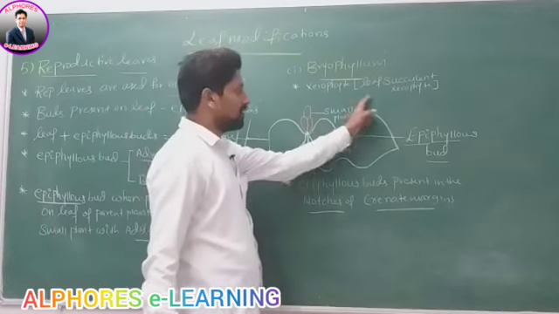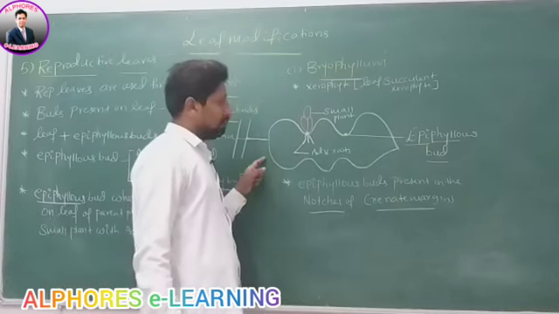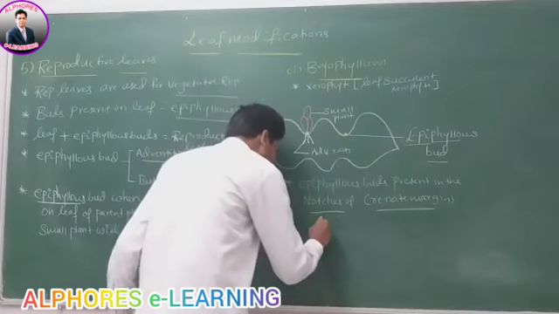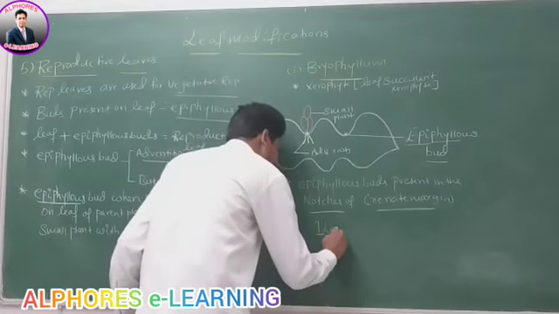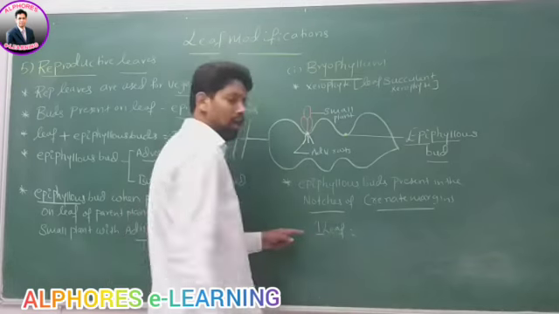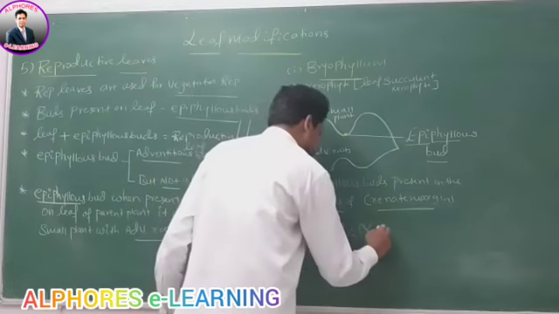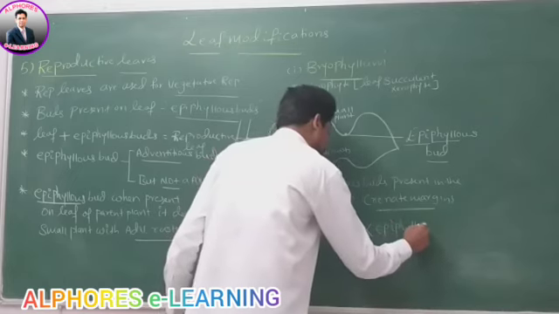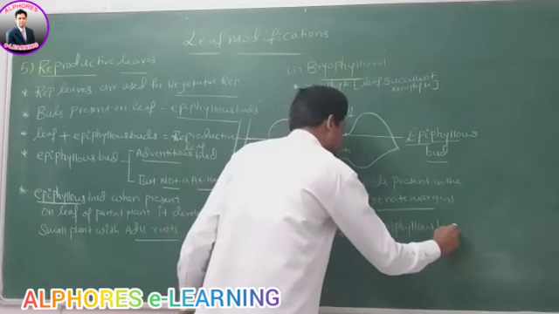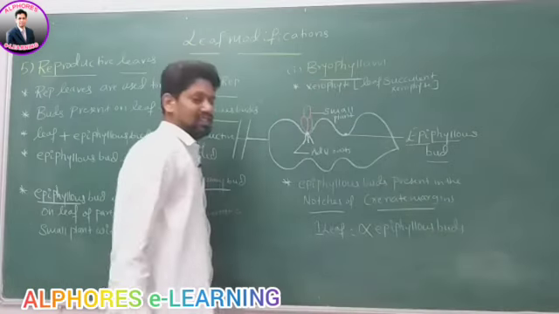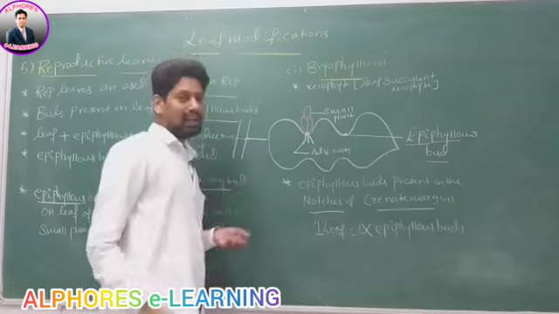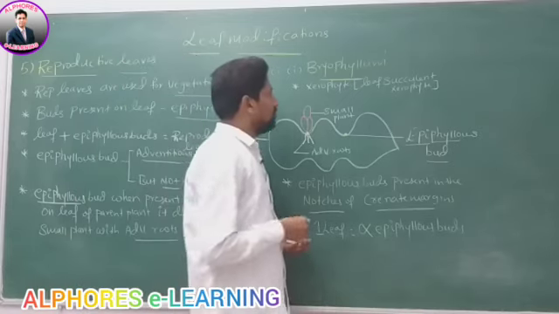Sir, here how many bryophyllum leaves are there? One leaf. But having how many epiphyllous buds? More than one. Yes or no? Therefore, one bryophyllum leaf contains many epiphyllous buds. Is it okay? Right? Therefore, this is the first example, Bryophyllum. Now go for number 2.